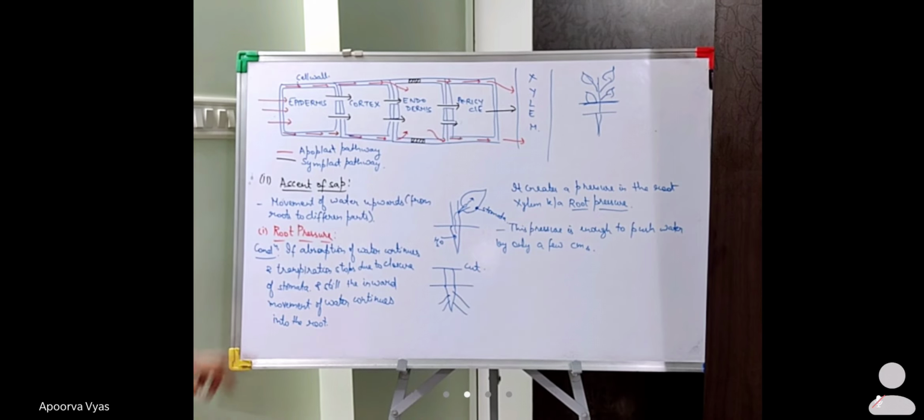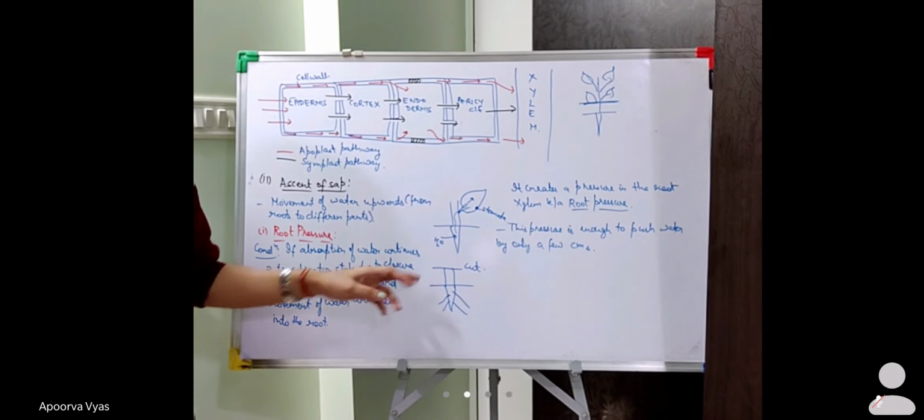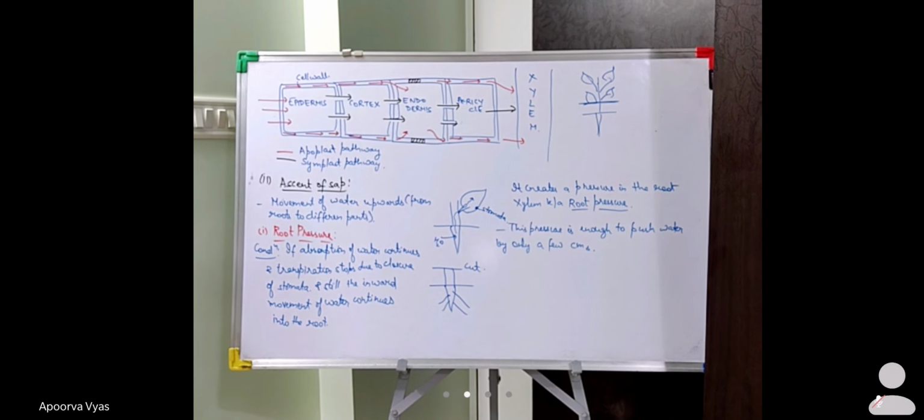So what you can notice, this condition is being satisfied here. यहाँ पे the root pressure का जो condition है, that is being satisfied here because it is saying कि the root pressure will develop only when if the absorption of water continues but transpiration stops. Now obviously here the transpiration process is going to stop on its own. Why is it going to stop? Because there are no particular exposed parts जिसके through the transpiration can take place, and the transpiration will take place only through the exposed parts of the plant. So now there is no particular exposed region here. So no transpiration is going to take place.